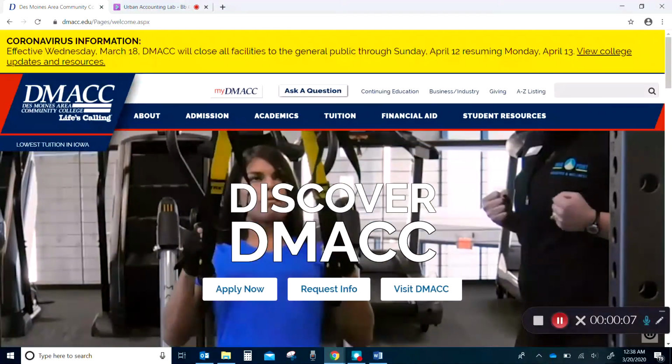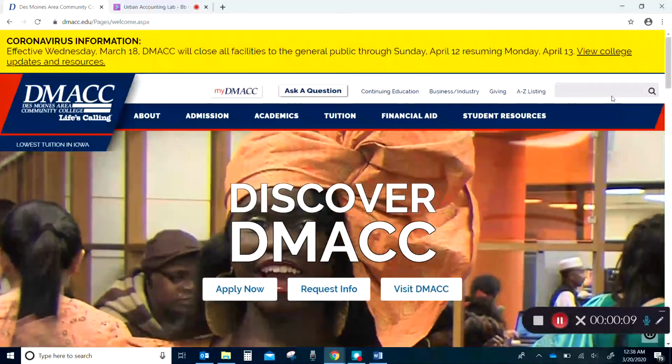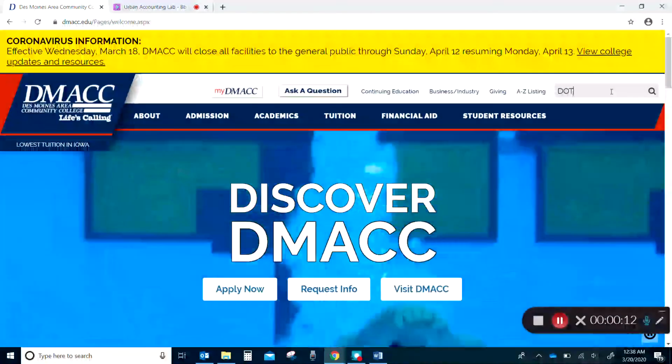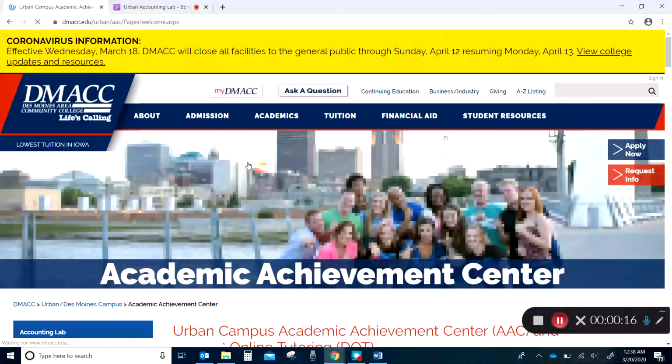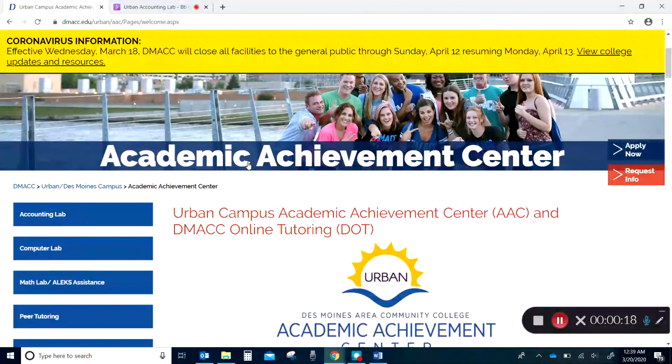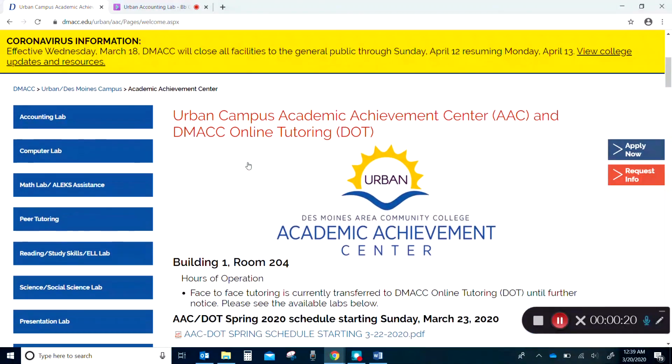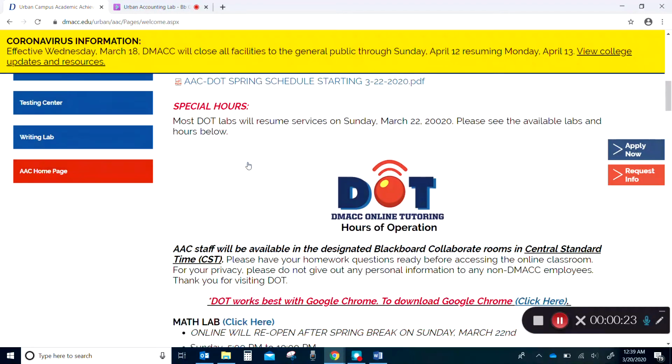Right now I'm on the DMAC webpage. I want you to come up to the search bar and type DOT. You're going to click on the Academic Achievement Center link. It puts you directly in the web page and gives you information, what to expect, and what are the hours,